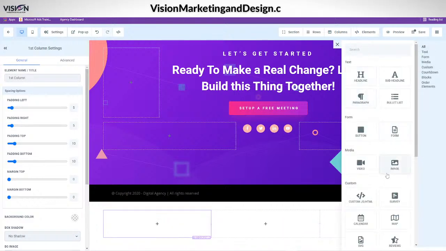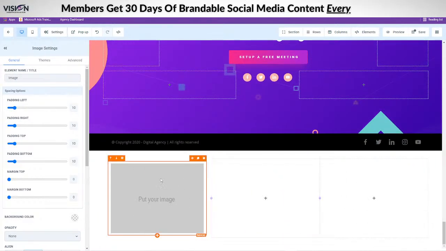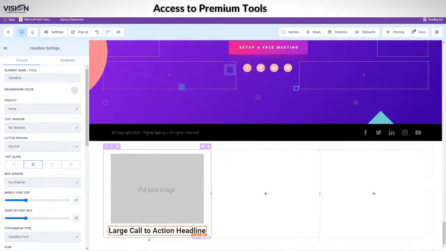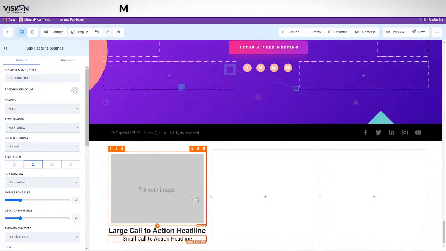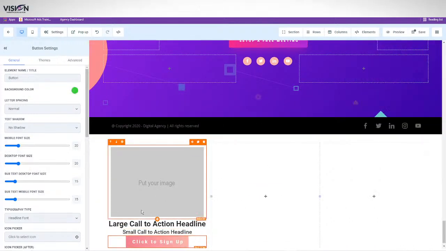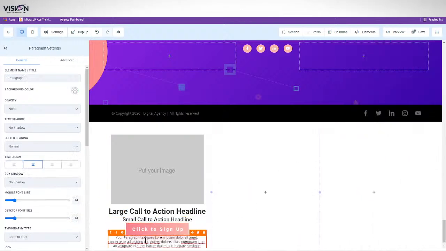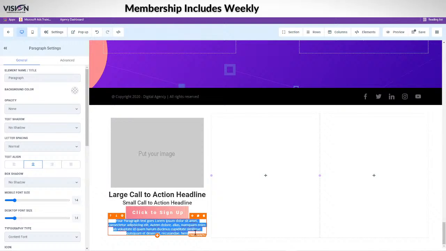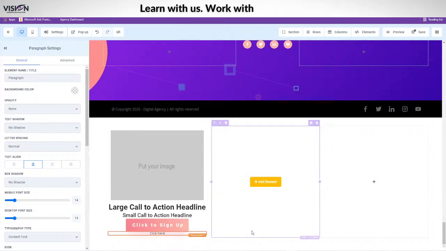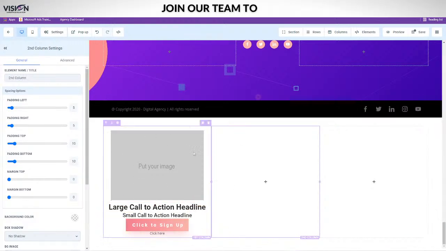Now, what do I want to add? Let's say I'm going to add an image. So now I have my image here, but let's say under the image, I'm going to add a headline here. Now under the headline, I need a subheadline. All right, now maybe under the subheadline, I want a button. Okay, and then maybe under the button, I need some paragraph text because I want to say, you know, click here. Okay, so now I've built this out, and this is my whole thing.